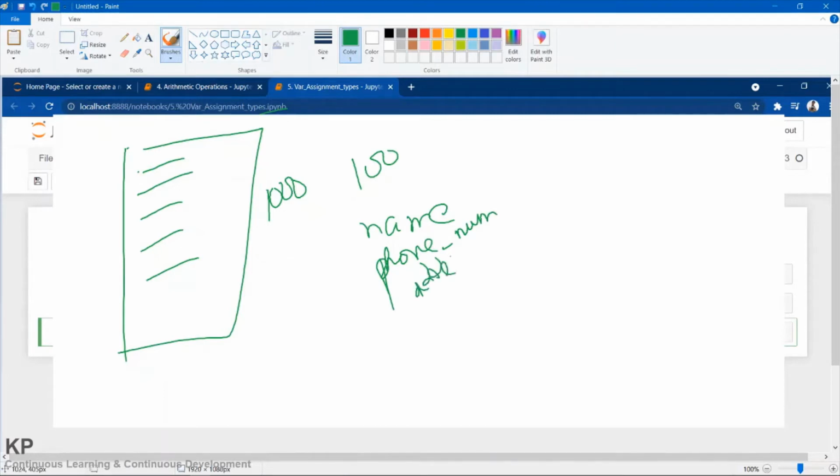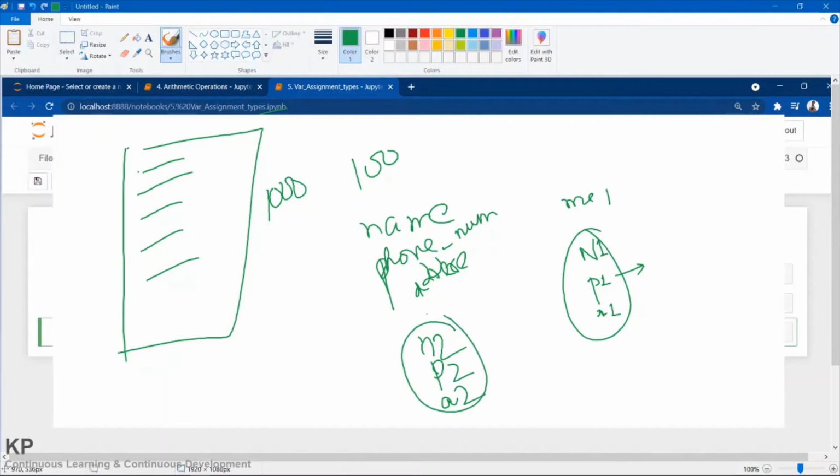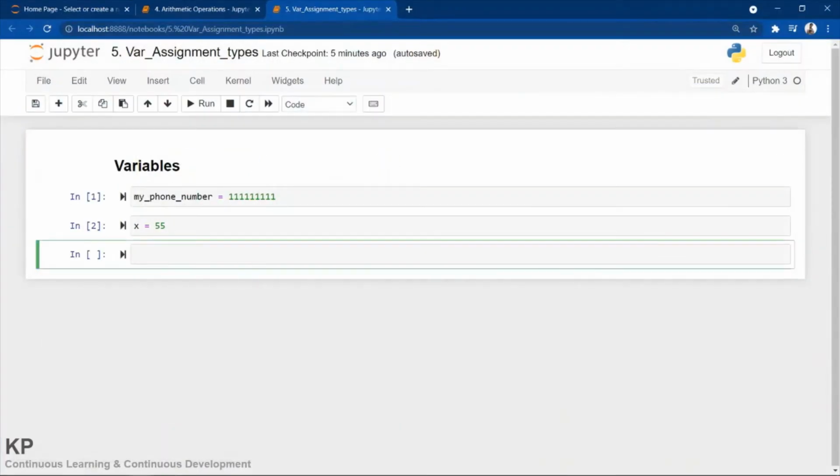You cannot remember all those things, so you can create variables like n1, then phone number p1, then address a1. This is for the first person. Then again you can do n2, p2, a2 for the second person. Similarly you can do it for 100 people. That is a way of handling your data in an easier, more effective way. So that's why we normally use variables.